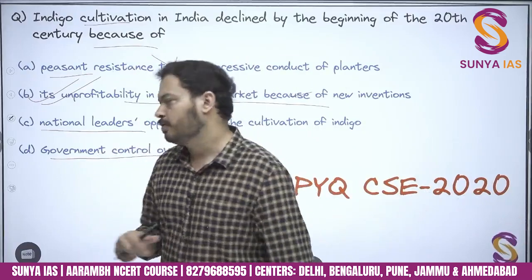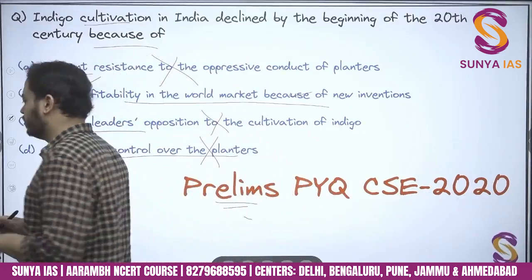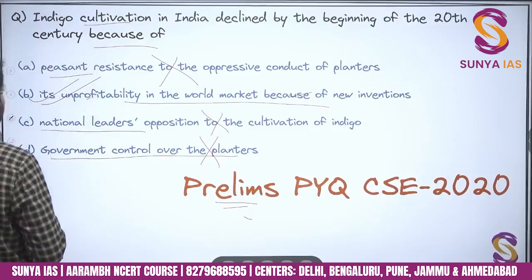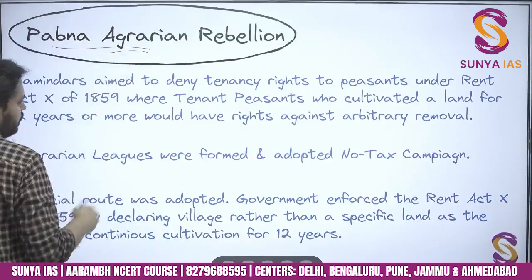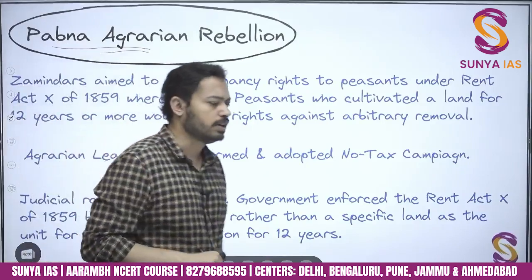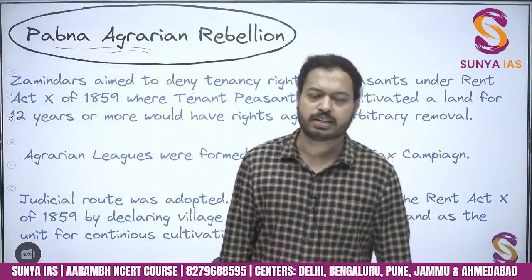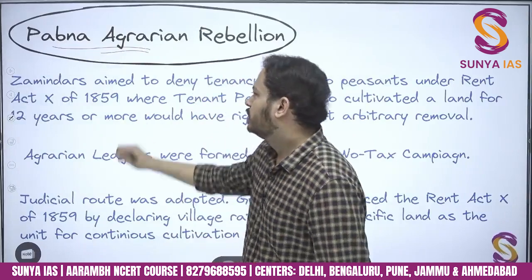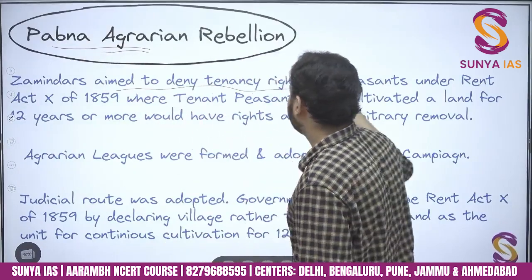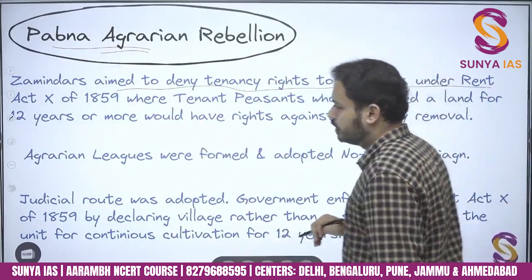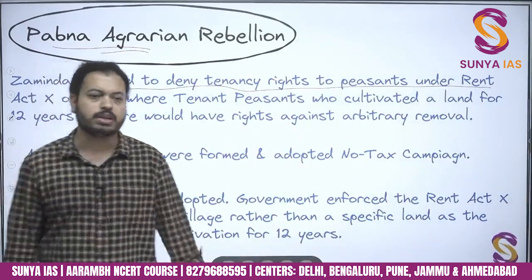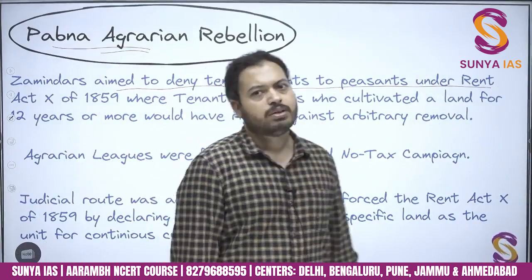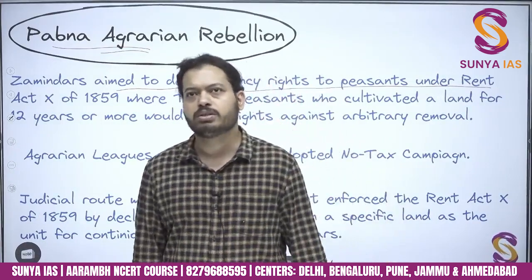Okay, so keep that in mind, and these are the kind of questions which will be asked in the exam. So now let's move to the Pabna Agrarian Rebellion. While this peasant rebellion, the Indigo Rebellion, was going on, similarly at that time, zamindars aimed to deny tenancy rights to the peasants under the Rent Act of 1859. So I told you, while this was going on, the British government saw that one of the major reasons was